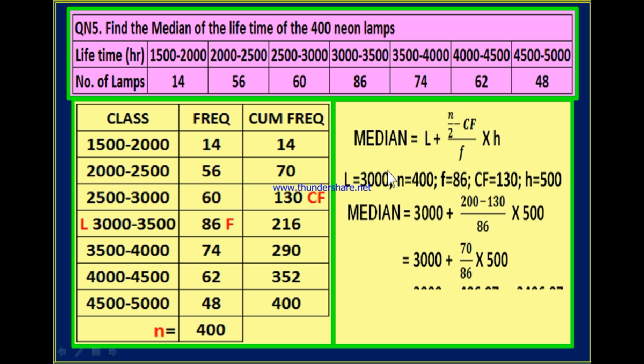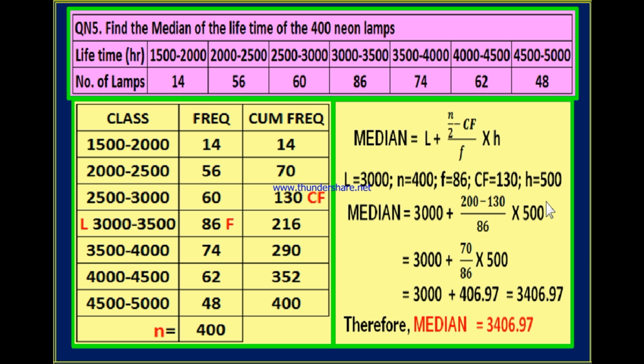Median is equal to L, that is 3000, plus n by 2, 400 by 2 is 200, minus CF is 130, divided by F is 86, into H is 500. This is 3000 plus 200 minus 130 is 70 by 86 into 500. Now let us simplify this. Let us multiply 70 with 500 so that you will get 3500 by 86, whose value is equal to